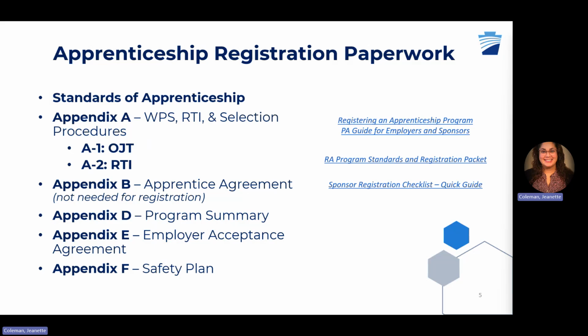To support this process, sponsors should reference the Registering an Apprenticeship Program Guide for employers and sponsors. This guide offers step-by-step instructions for completing each document and navigating the registration process. Additionally, there is a sponsor registration checklist quick guide designed to help sponsors track their progress and ensure all required